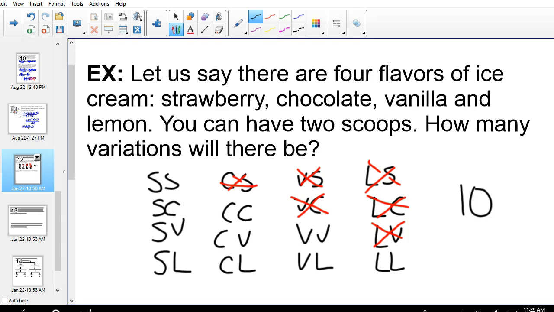Okay, now that had small numbers. We only had 4 to choose from, and we're just choosing 2 scoops. If we actually had 20 to choose from, we're not going to be able to list all of that, all right? Because you would